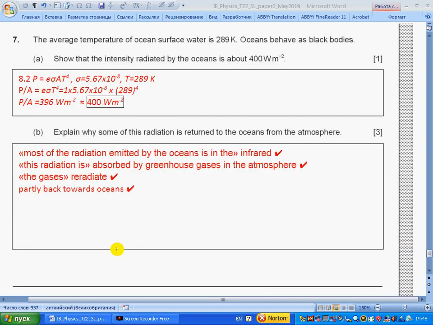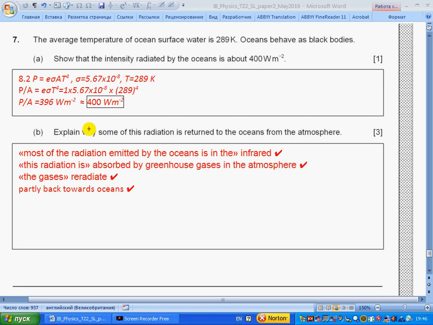Question 7. The average temperature of ocean surface water is 289 Kelvin. Oceans behave as black bodies. A shows that the intensity radiated by the ocean is about 400 watt per meter squared. Section 8.2 gives us the power radiated by an object with temperature capital T. Rewriting this formula for intensity, what they want, intensity is power by area. Recalling that for a black body emissivity is 1, sigma is the Stefan-Boltzmann constant, and substituting the rest of the values, we get, rounded to one significant figure, 400